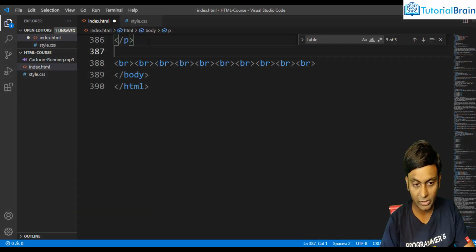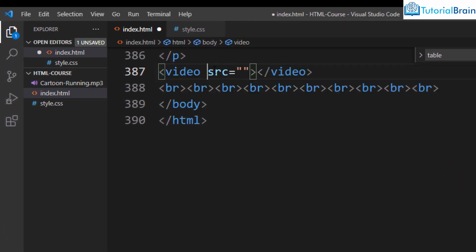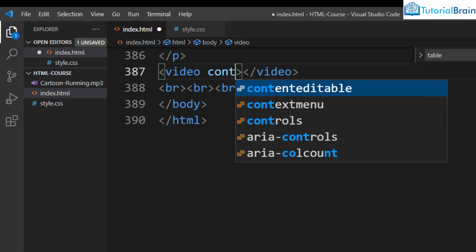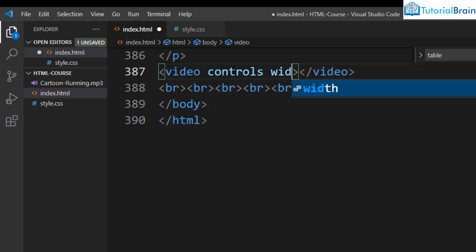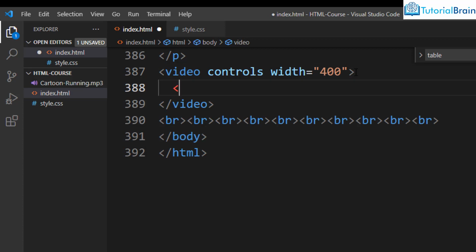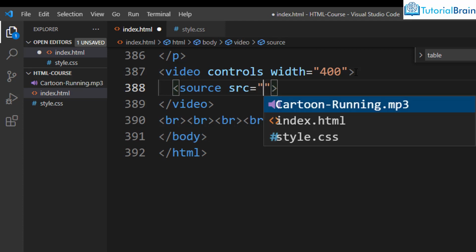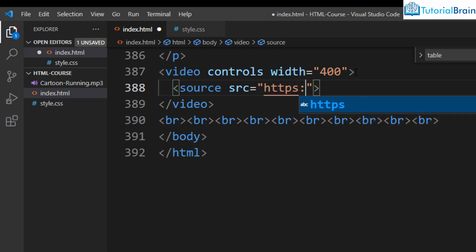So what you can do is, first, let's say I have a video, so I'll just give video, and I have to give the source. But first let me do one thing. Instead of adding the source here, first let me just add controls. So I'll give video controls, and first I'll give width as, for example, 400, and inside this I'll give source, and in the source I'll give the src, and I know that I have a video at this particular location, that is